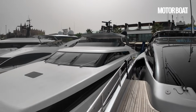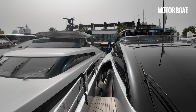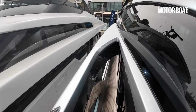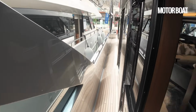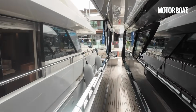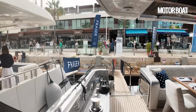We'll come back. Now this is an asymmetric design, so whereas on that port deck it gradually slopes down from the flybridge, this one you've got steps leading down to the main deck again. We've got access into the saloon through here, but we're not going to take that route. We're going to go back into the cockpit and get the full effect of stepping through those doors into the